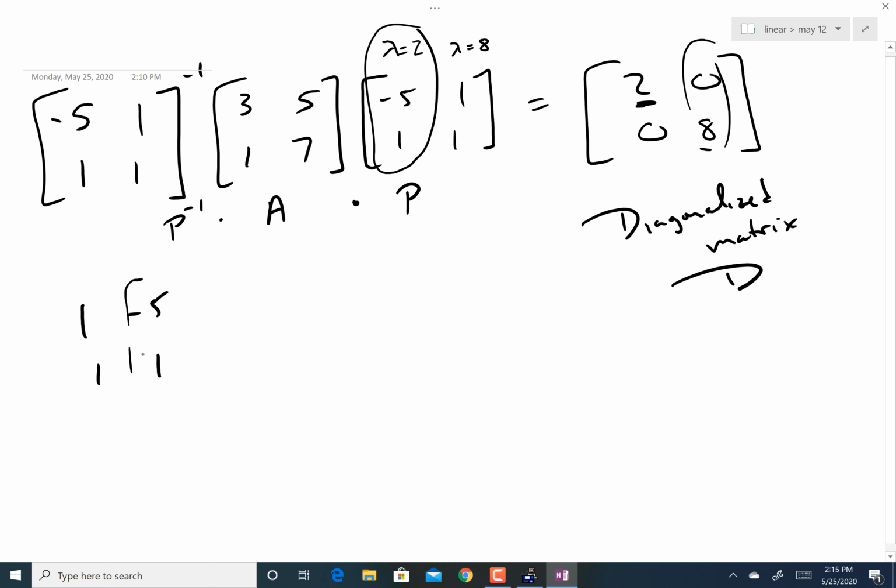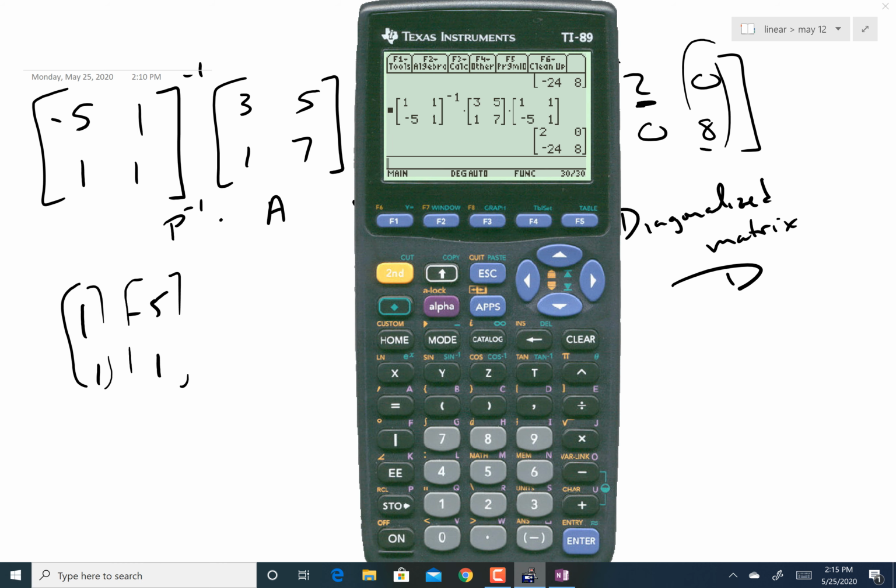Okay, because remember, this is still our vector. We've moved that vector over. So let's see if I can do it right this time without screwing it up. When I plug it in, it's going to be 1, -5. That's the top row. And then 1, 1. There's your bottom row to the -1 times 3,